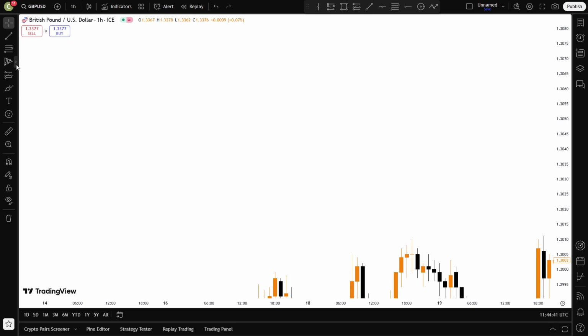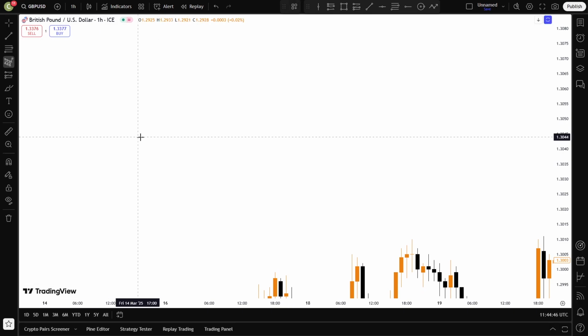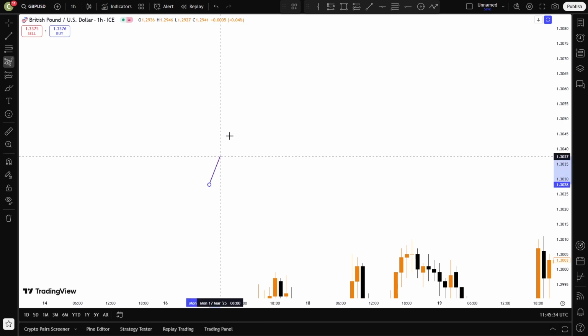And the last tool under the pattern section is the 3 drives pattern. The 3 drives pattern is a 5-point reversal pattern made of 3 consecutive impulse waves followed by 2 corrective pullbacks. These help you quickly visualize potential market moves, and this is how the 3 drives pattern is drawn. So you can just pick your low or high depending on the markets, and then you